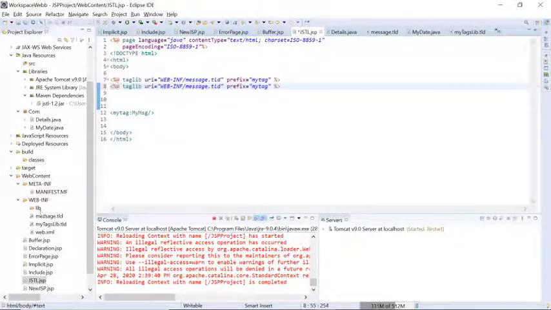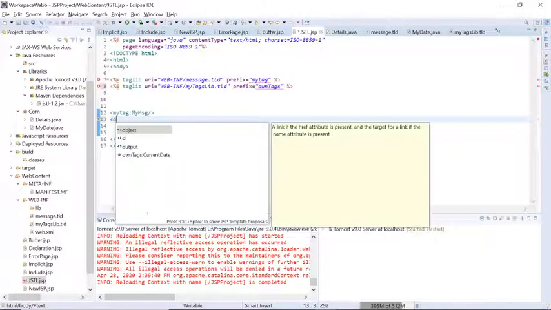In this one, the tag library name is my tags, tags.library.exe. I will give some local, own tags, right?